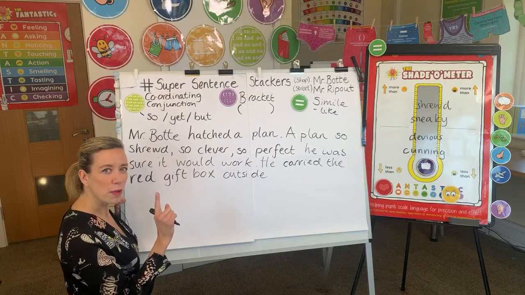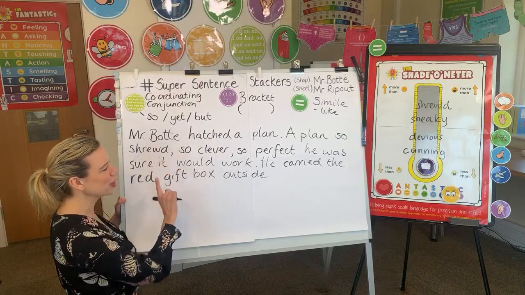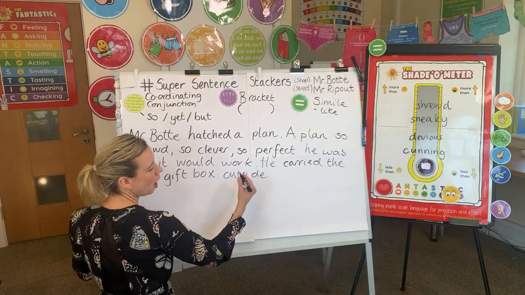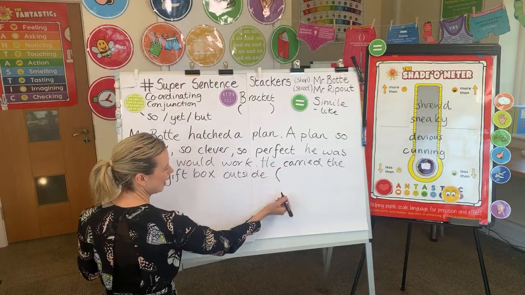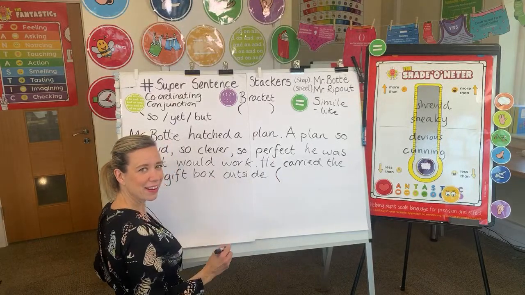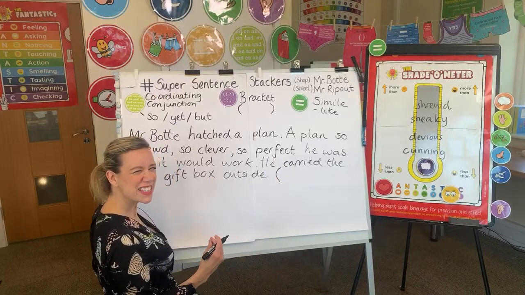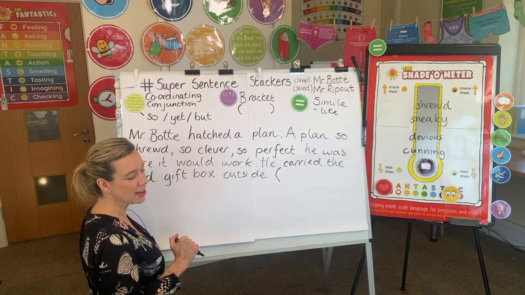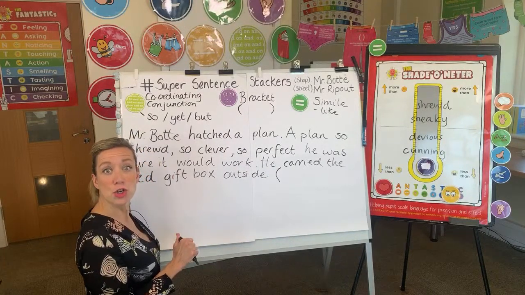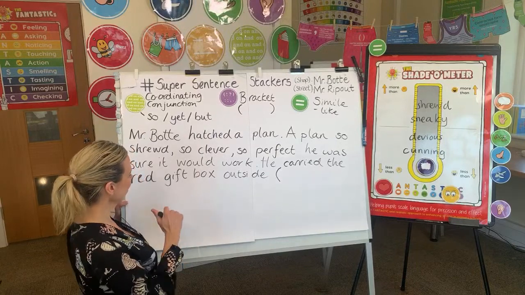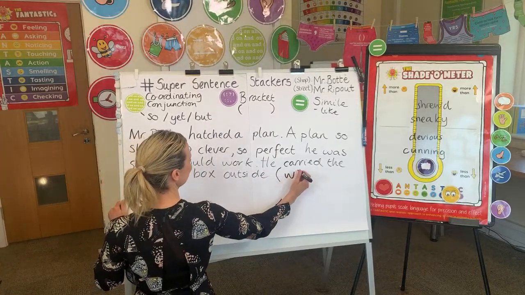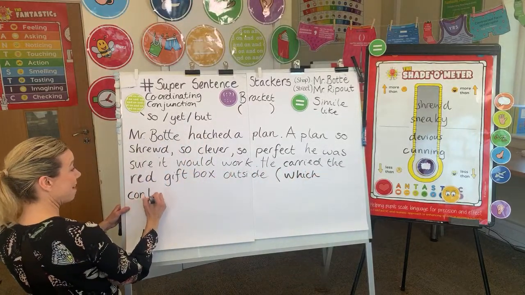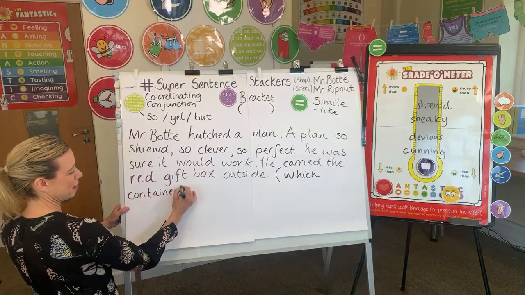I think I want the reader to be really sure it's part of the cunning plan. So I'm going to open up the bracket, and then I want to say something like, which contained a very unusual surprise, which contained a very, I don't know